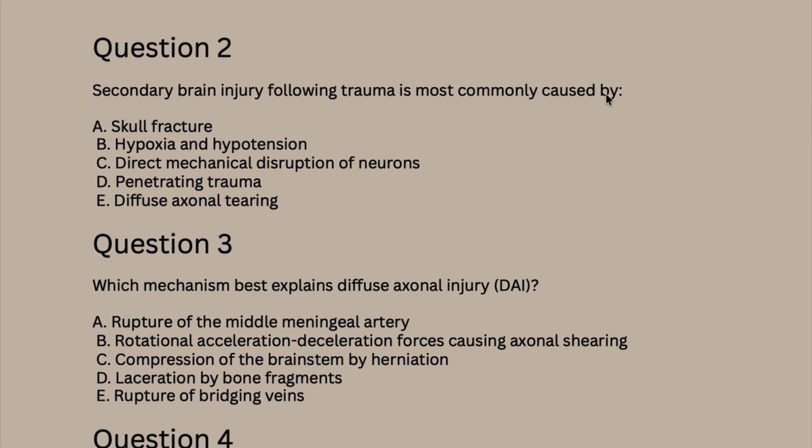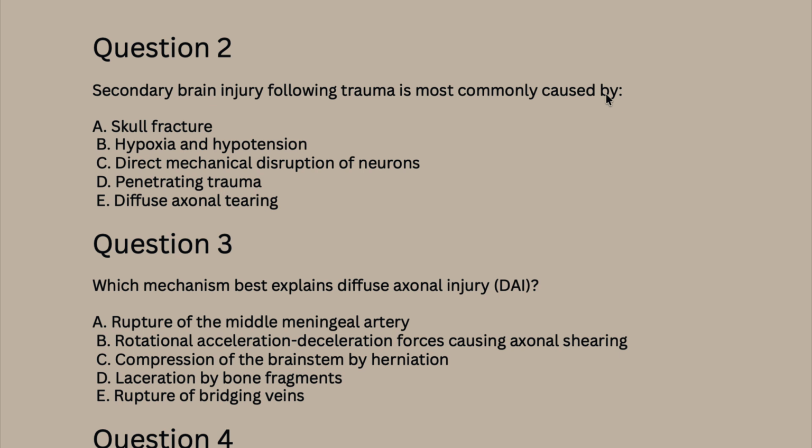Now let's look at question 3. Question 3 says, which mechanism best explains diffuse axonal injury? And the correct answer here will be B. But why is the correct answer B? That's the important part. The correct answer is B because